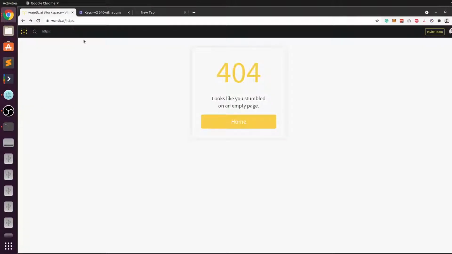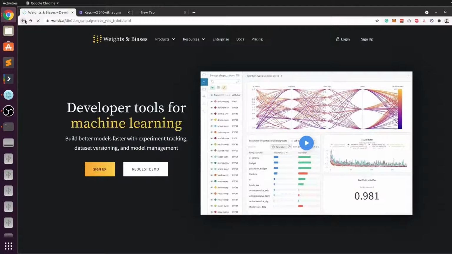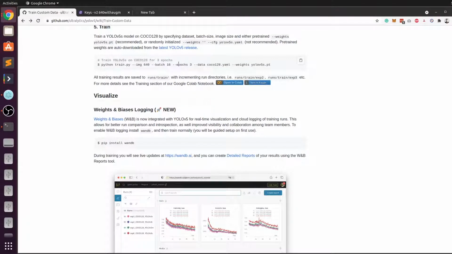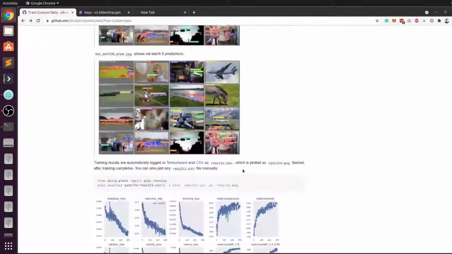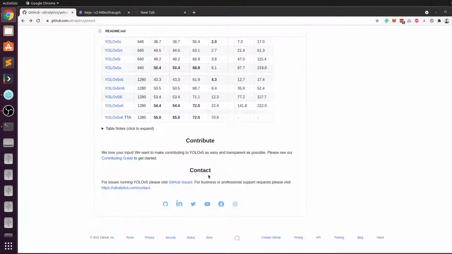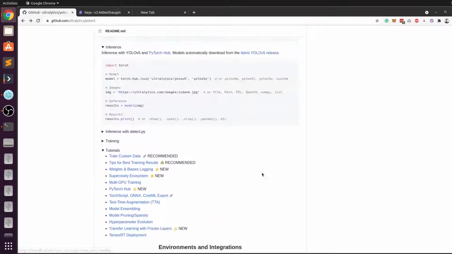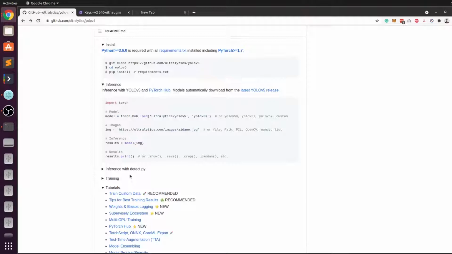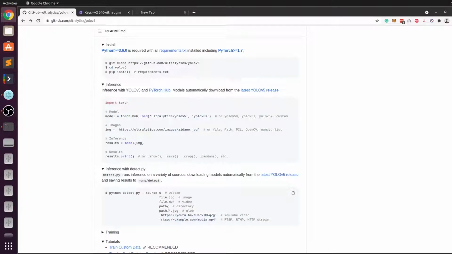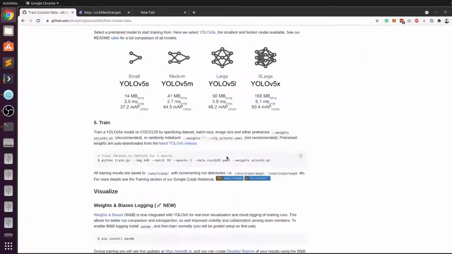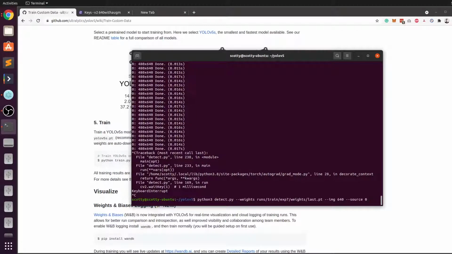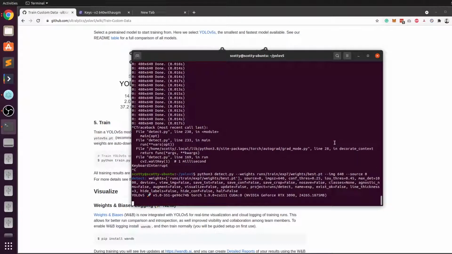Let's go back to here, train, not exactly this. Where was the detection? This. No, that's not the one. Anyway, let's just put it back. Not sure what was that with my hand, but